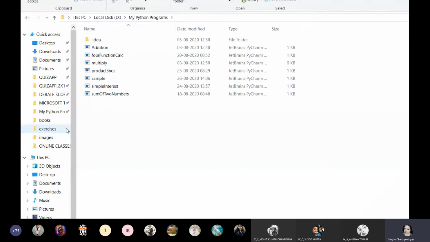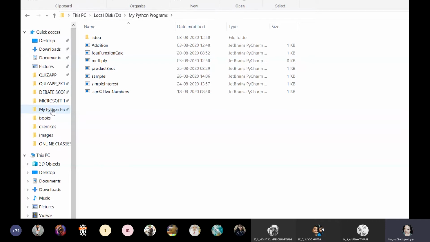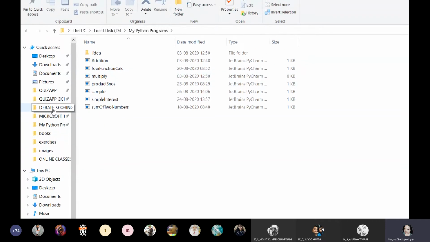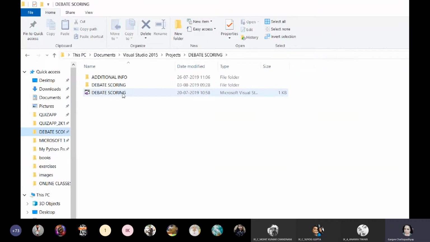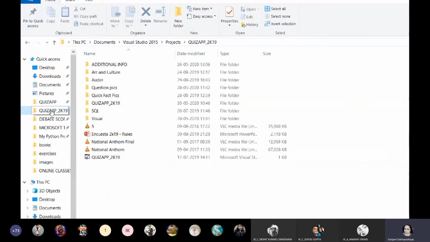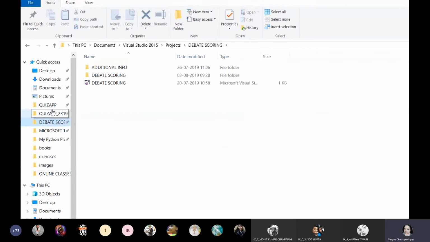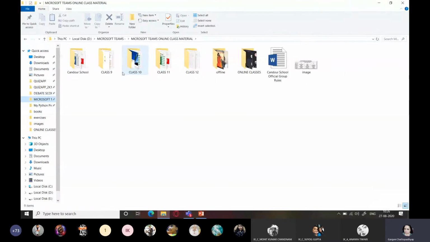So when I click this my Python programs is pinned. You can see a pin symbol over here, a push pin symbol over here. It means it is pinned over here. This is another location which I had created for a scoring app, because I keep working on my quiz app. Okay, so I had pinned those locations over here also. So this is how I have pinned these locations.